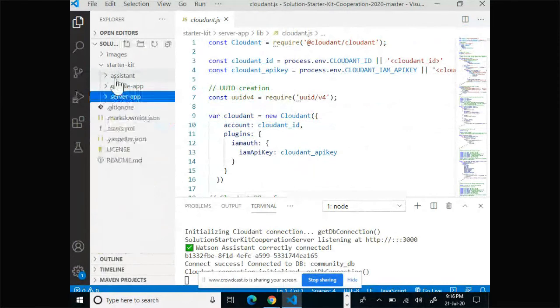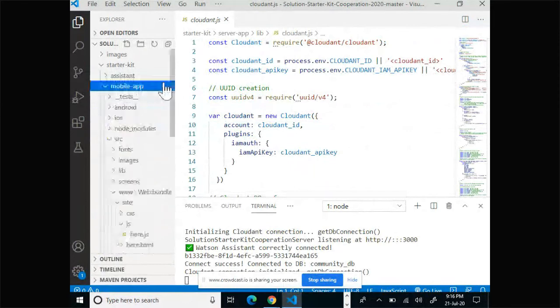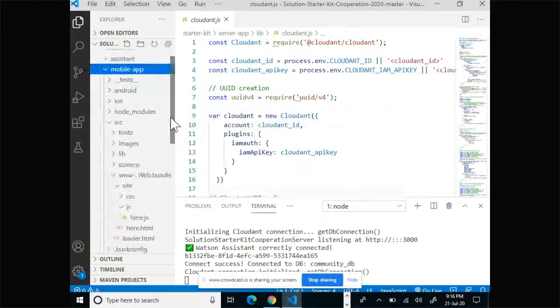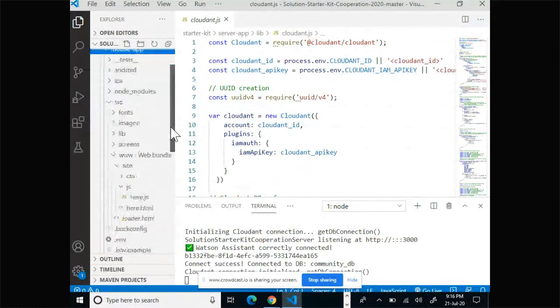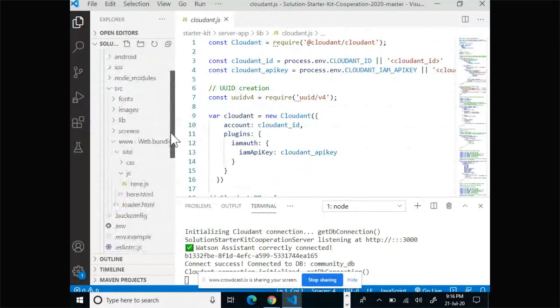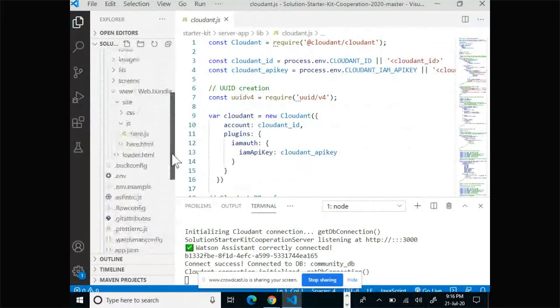Now, let's move to the mobile application. The mobile application is basically a React Native application. You get a chance to create a hybrid application which can run on both Android and iOS. Where you should go there is basically